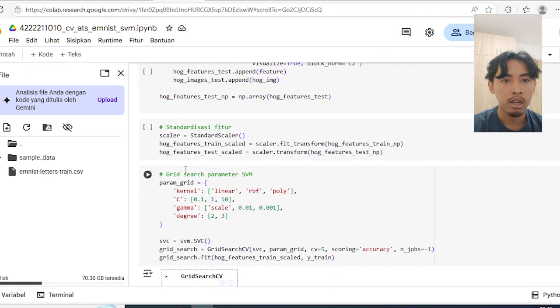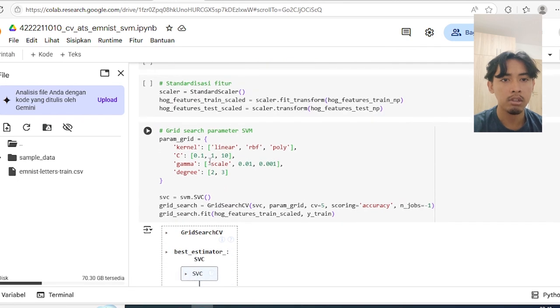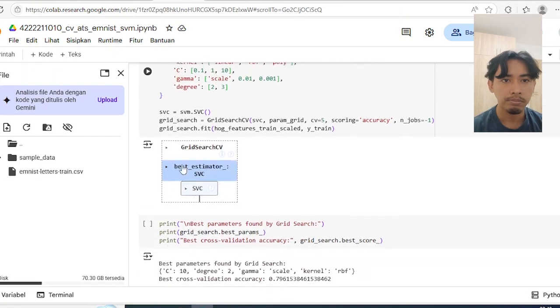And then I standardize the features, and then I use grid search parameters for the SVM, the classifier support vector machine, to choose the best parameters with the highest accuracy.